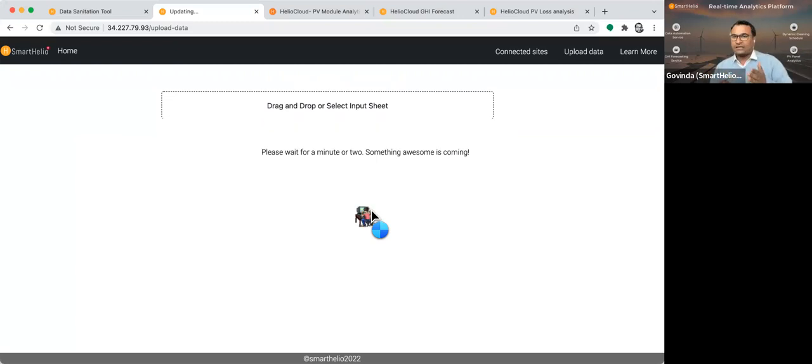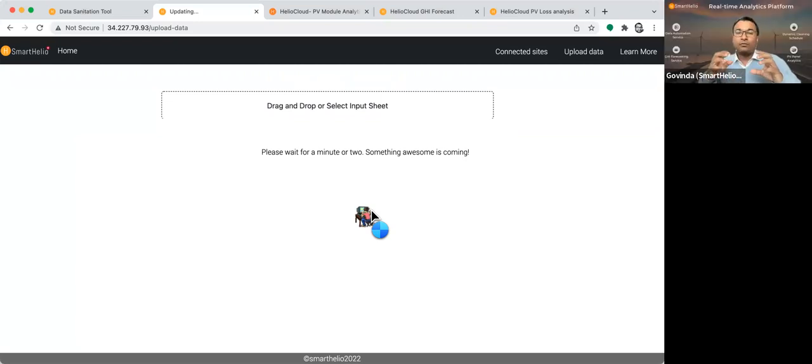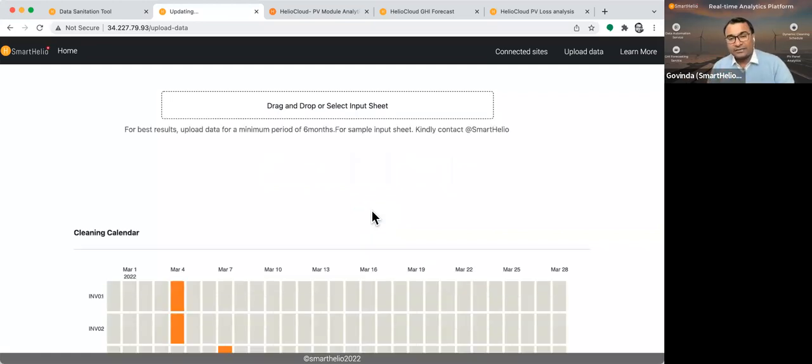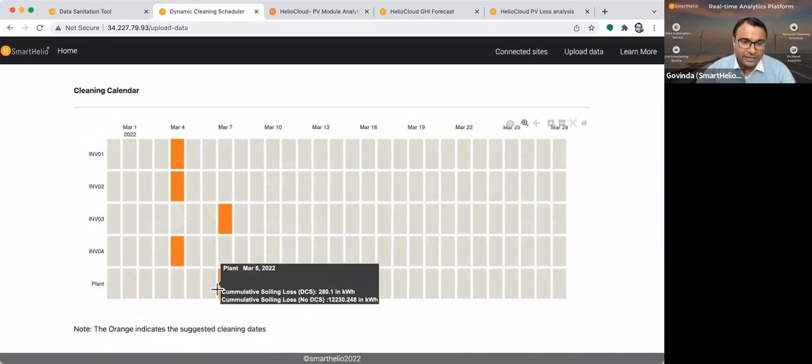It's time series data with certain interventions. There's a little bit of machine learning, a little bit of cleaning algorithm going on. And it's looking for the point where the loss of energy due to soiling is more than the cost of cleaning. And that's where the prompt will happen. Right now, this is in Excel format. And here you go. In this plant,